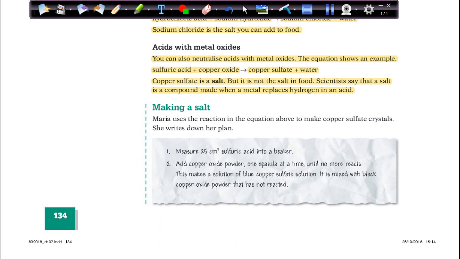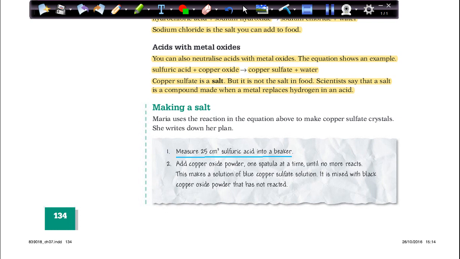When she wanted to make a reaction or to make a salt, this is like a small experiment. She needs to write her plan, what she's going to do exactly. So first she measures 25 cubic centimeter of sulfuric acid into a beaker. So we cannot use a beaker to measure the sulfuric acid. First we have to measure it in a measuring cylinder, and then we can pour it in a beaker, because the measuring cylinder is more accurate in measurements than